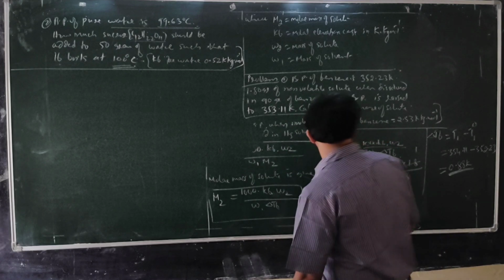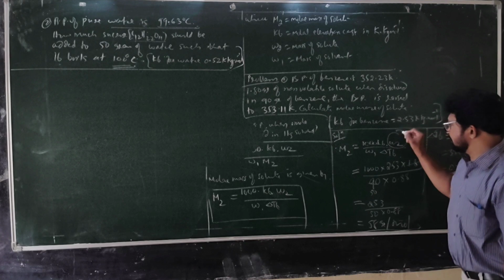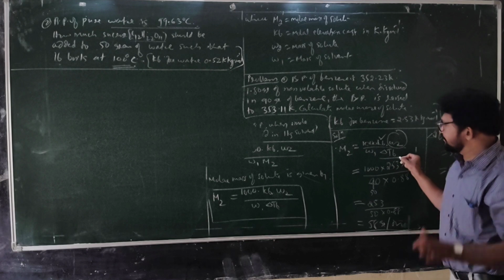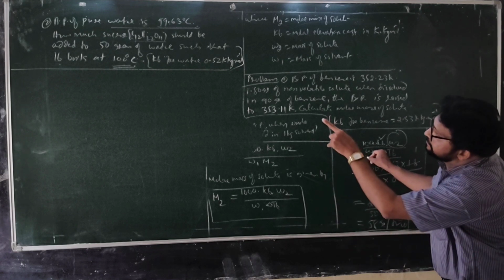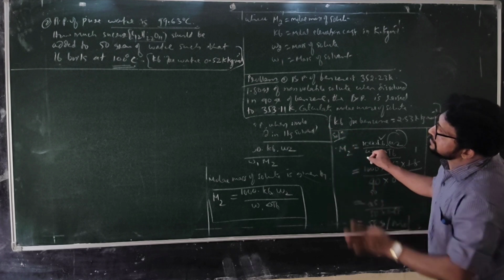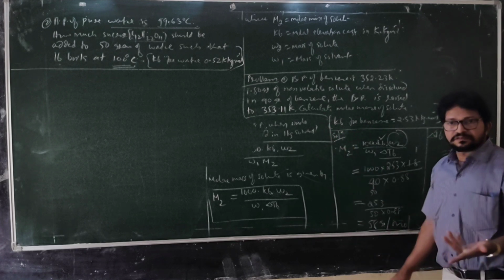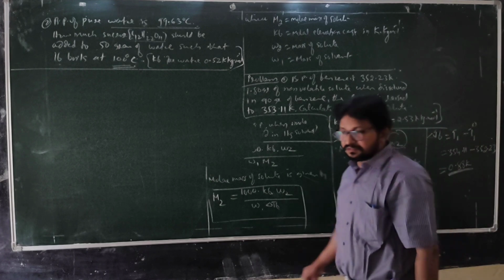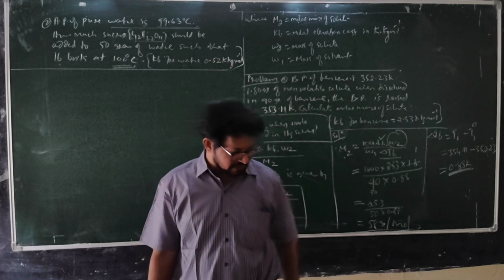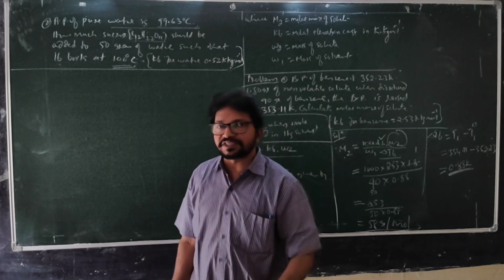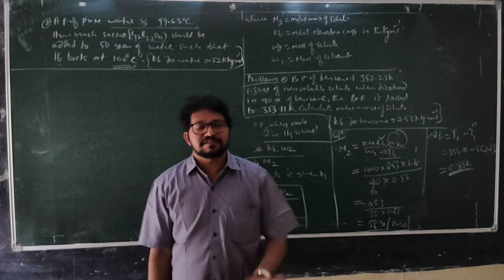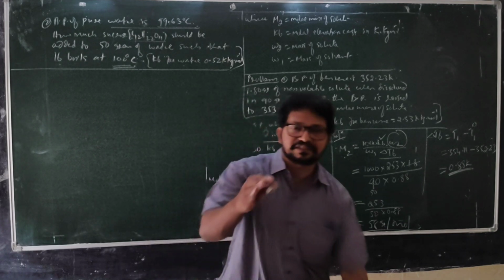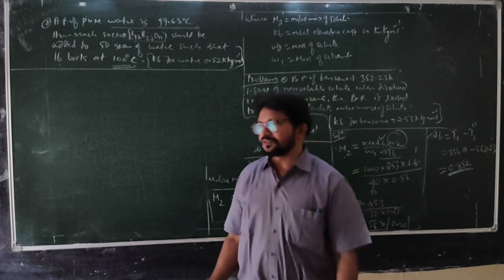So same formula, W2 is questioned here, Kb is given 0.52, delta Tb you have to calculate first, W1 is given 50 gram of water. Is it okay? So all are given. Molar mass you have to calculate because sucrose is given. If molecular formula is given, you can find molar mass. It may come 342. I think this is over to you. But in the annual exam, directly they ask this pattern. You can work out. This is an in-text question from the textbook.